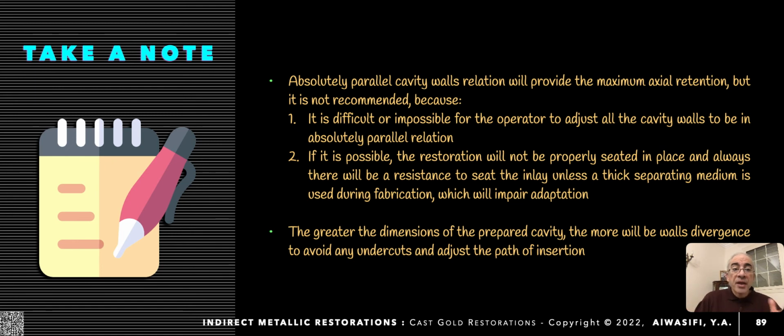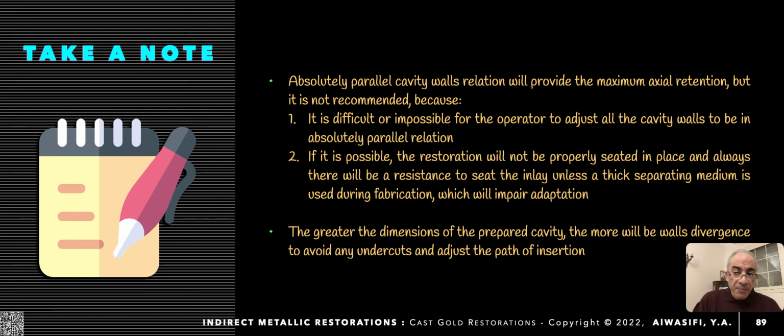That's why sometimes when comparing class 2 for premolars and molars, you may need to increase your divergency in molars because of the increased details and dimensions of the prepared cavity rather than the single fissure of occlusal preparation